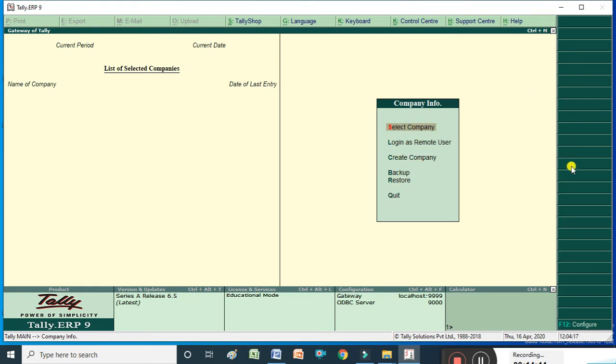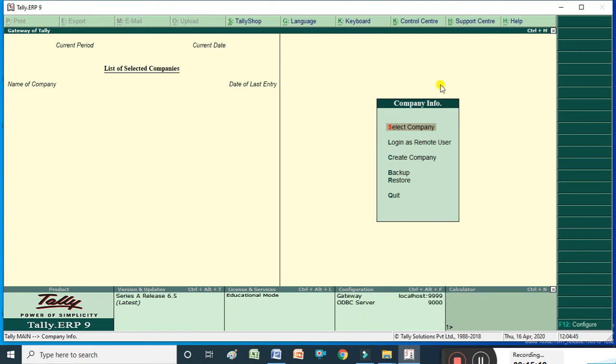This is called the button bar. In the button bar, all shortcut keys it is showing. Once we have created a company, regarding that situation, whatever necessary buttons we need, all those shortcut keys it is showing here. So this is called the Tally status bar. It is showing all status, I mean which version we are using, which mode we are using, what is our serial number, it is showing all that.